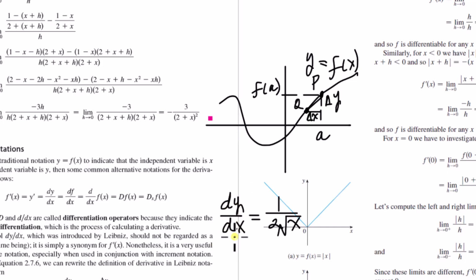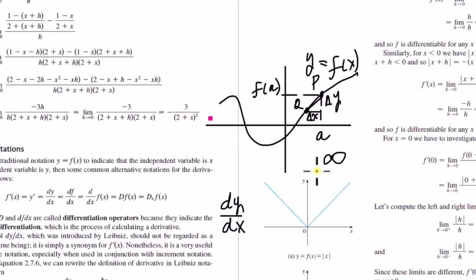Is this a ratio? From a technical perspective, a true fundamental perspective, let's think about the idea of, is dy a number? Is dx a number? And is this a ratio? All right, so the question of, are dy and dx numbers? The answer to this question is, dy and dx are as much of a number as infinity is a number. So from a technical math perspective,